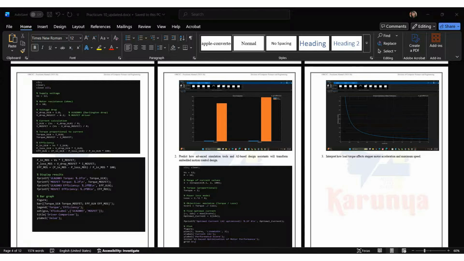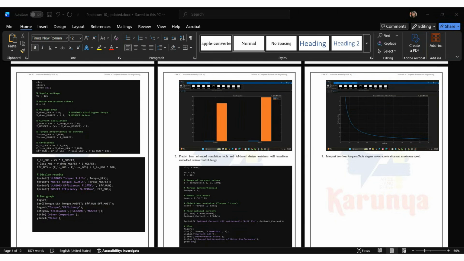Hello everyone. In this project, we simulate and analyze the performance of a ULN2003-based driver and a MOSFET-based stepper motor driver using MATLAB. The ULN2003 driver operates using Darlington transistor pairs, which introduce a significant voltage drop across the driver, typically around 1.8